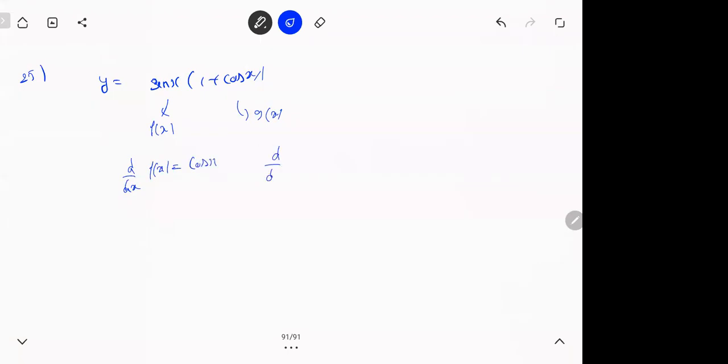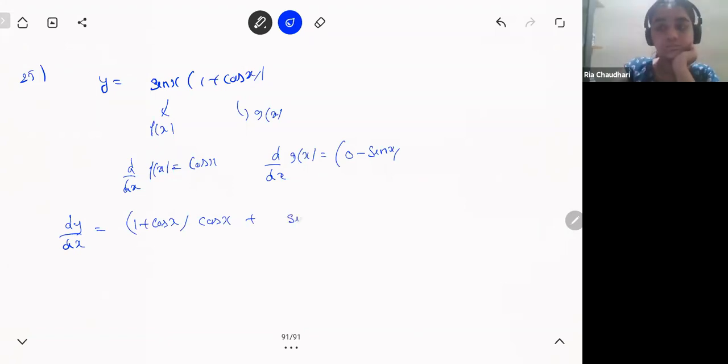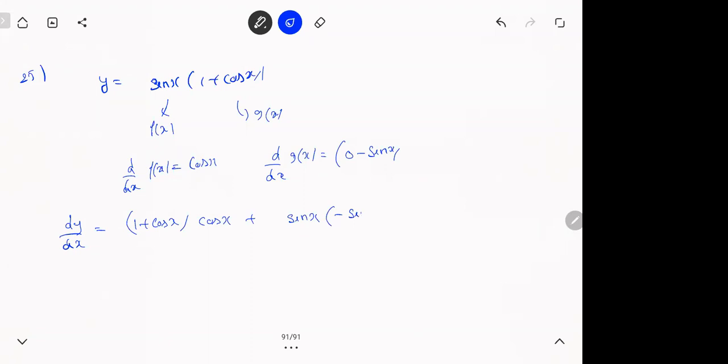What is the differential of g of x? 0 minus sin x. So substitute in the formula for dy by dx: g of x, 1 plus cos x, times the differential of f of x, that is cos x, then f of x times the differential of g of x, minus sin x. So you get 1 plus cos square x minus sin square x. What should you do? Equal to 0. And then you get